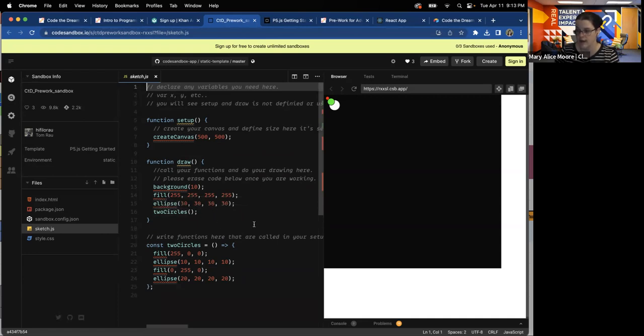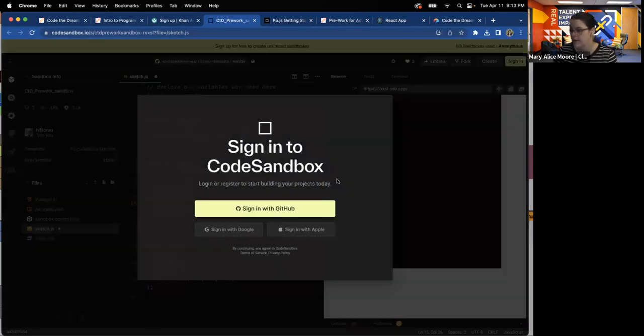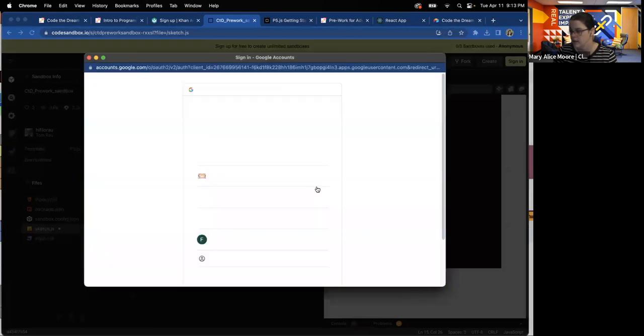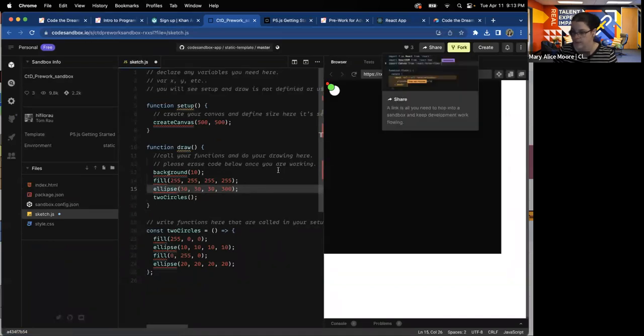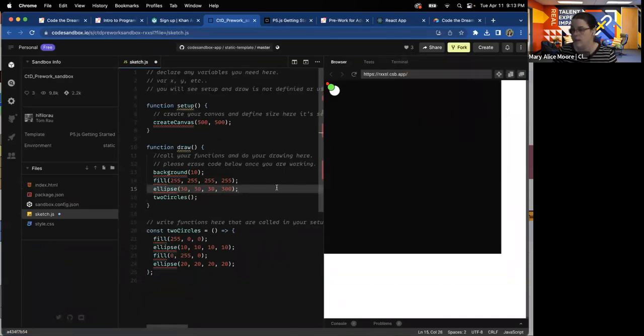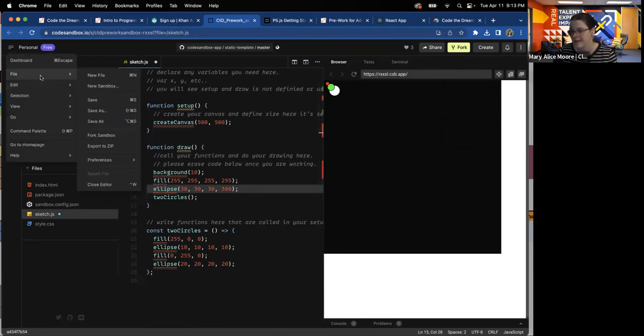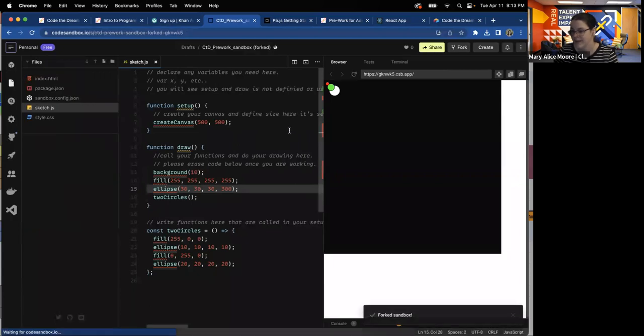So for example, we've got an ellipse, which is sort of a circle shape there. If you were to change one of the dimensions of it and hit save, and then go ahead and hit save. Oh, of course, it's going to have me sign in. Sorry about that. Let me just sign in quick. There we go. Okay, so I changed the value, and then when I save it, nothing ever behaves when you want it to. There we go. When I hit save, it changed the shape of one of those circles to something else because